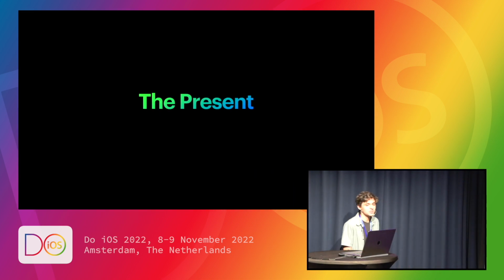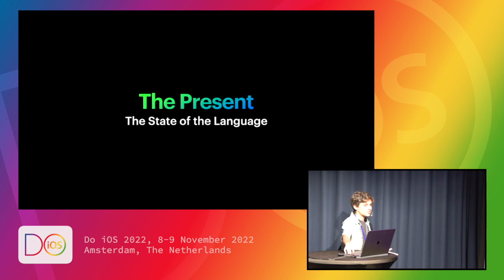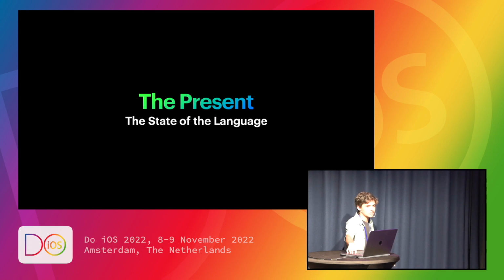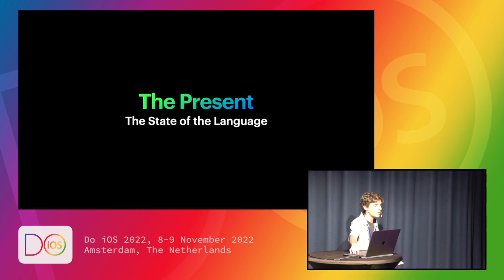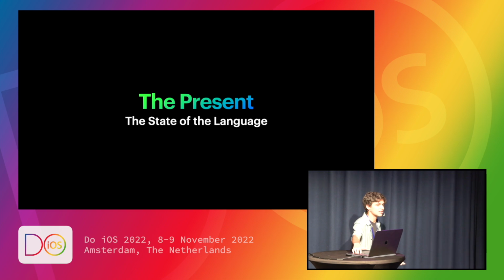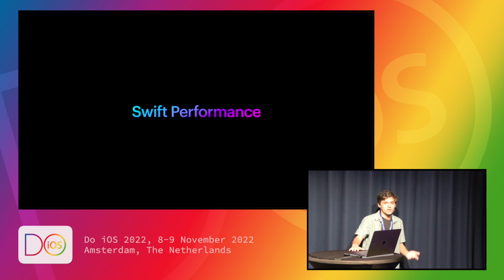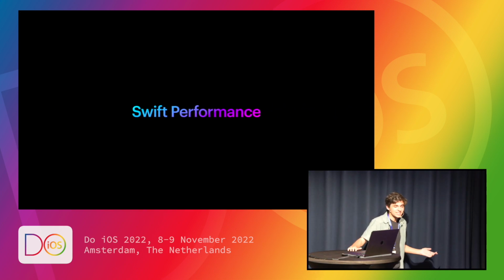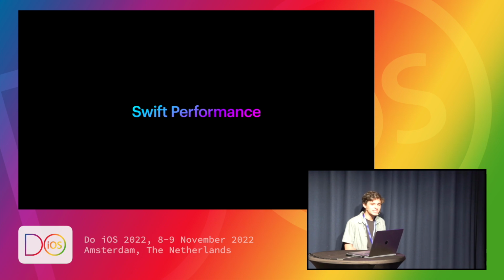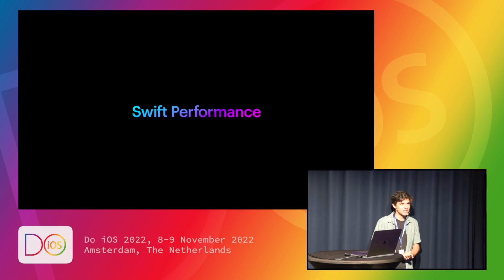So again, you guys can do time travel sounds if you want to, but moving on. We're going to start out with what I would describe as the state of the language. The state of the language is essentially saying, well, what is up with the Swift language in the last couple of years? For those of you who've seen Talladega Nights, Ricky Bobby, he just wants to go fast, and that's really what's happening with Swift here. For those of you who haven't seen Talladega Nights, I'm kind of disappointed, and you guys should change that, but that's a problem for later. For now, you guys can just focus on Swift.